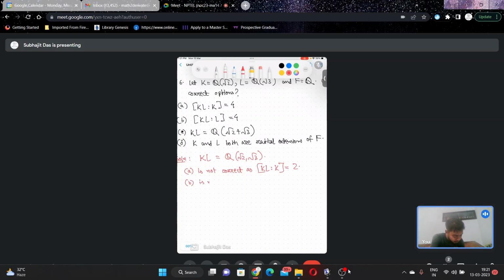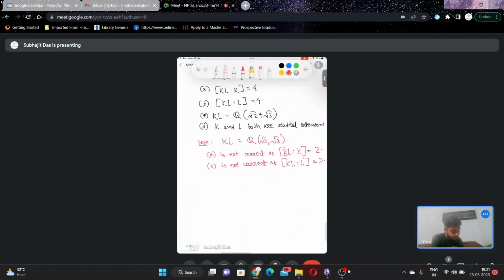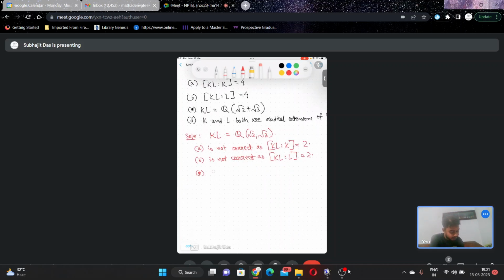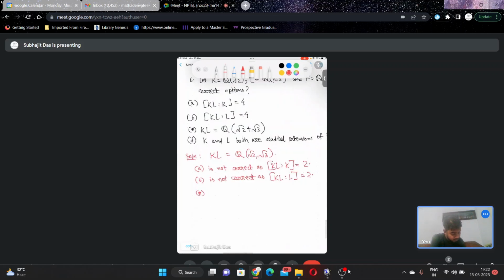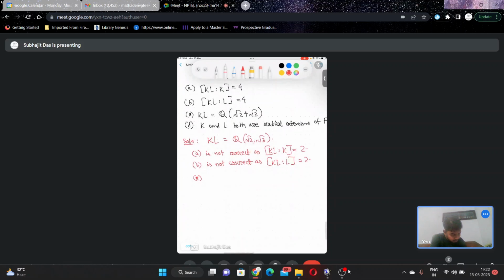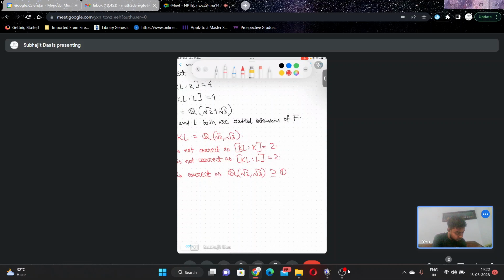And option B is not correct again, as KL over L is again 2. What about option C? So C is correct. We claim that C is correct, as Q square root of 2 comma square root of 3 contains Q square root 2 plus square root 3. This is obvious because Q square root of 2 comma square root of 3 contains root 2 plus root 3,